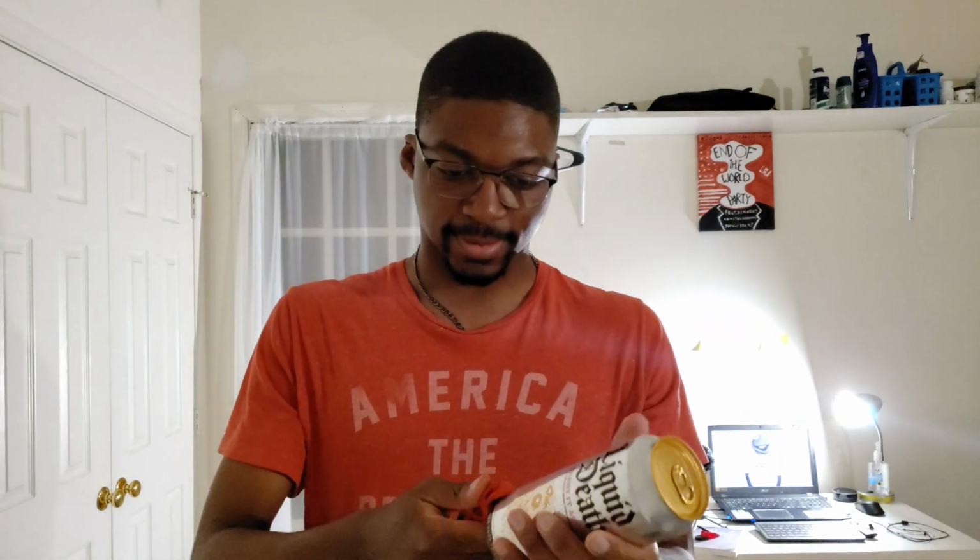You can also use this tool to open up cans. There are two different ways you can use this. There's one way where if you want to pop it out through the side, you use this part of the tool, and there's a tab opener that you can use to pull the tab of your can and go like that. So hold on, let me try this. Now, this is something I've never tried before, but